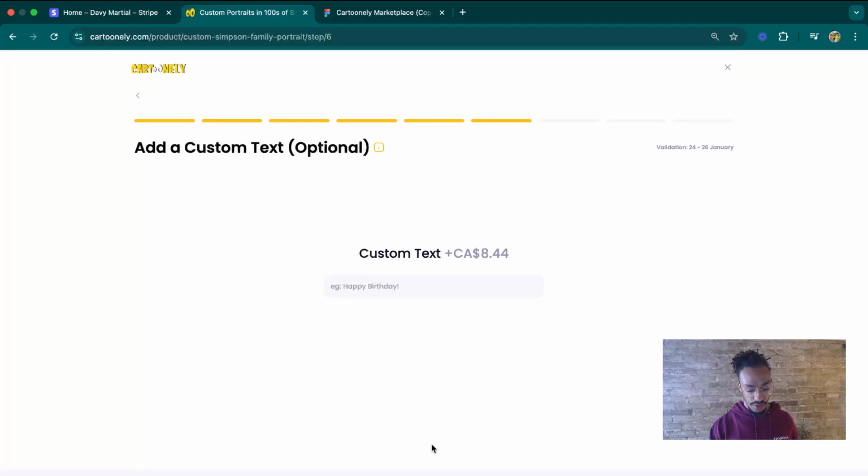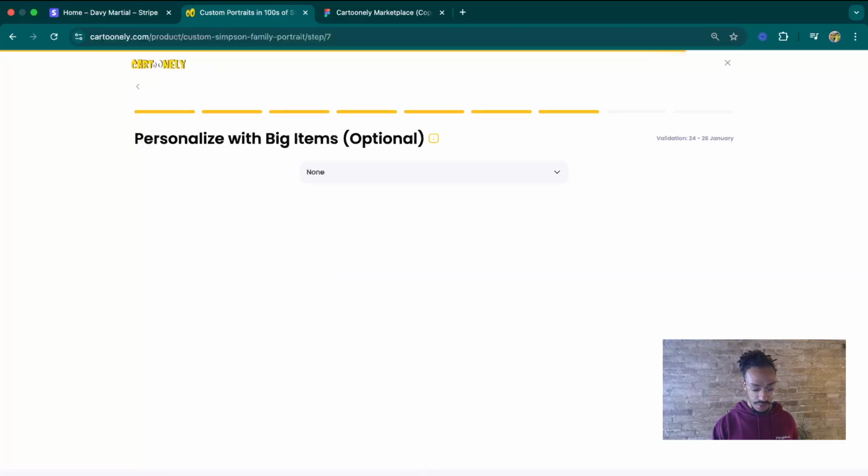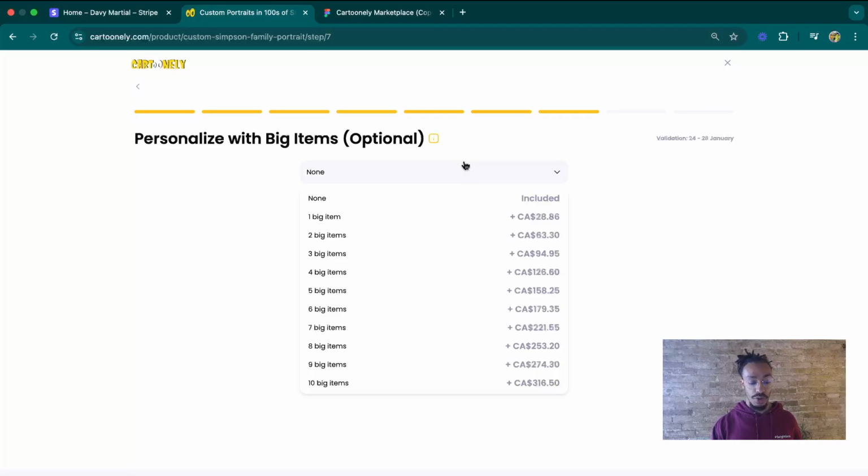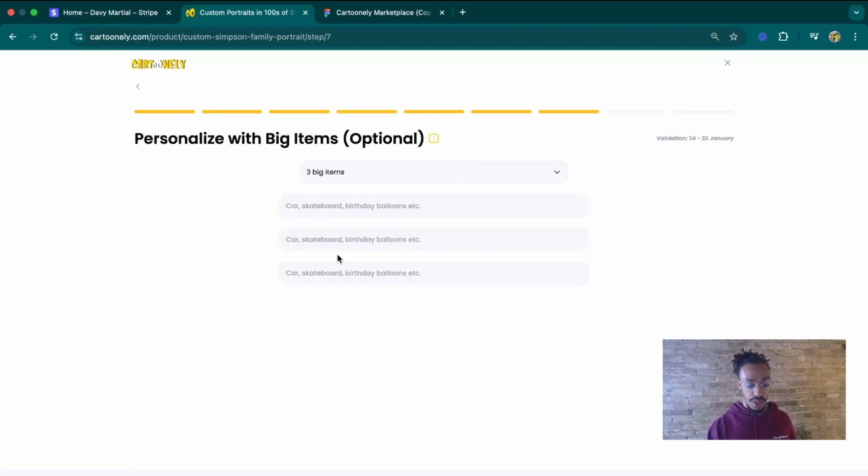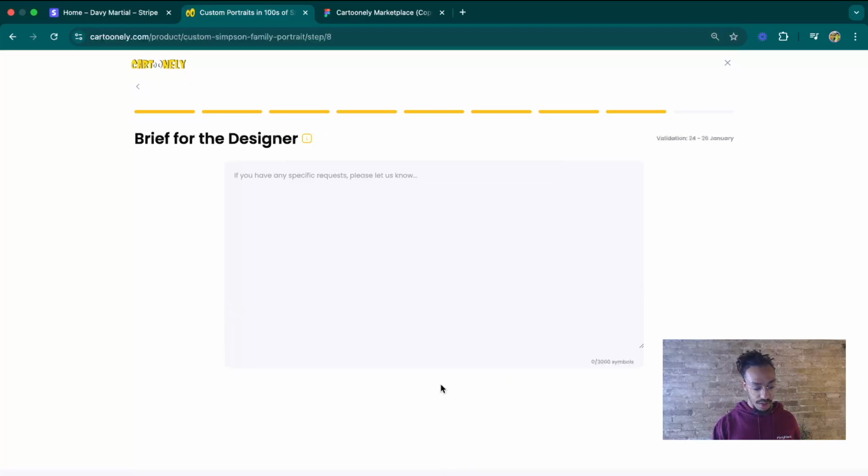So whatever you wanted to add, that was an option that you could add as well. Then if you wanted to add a big item like a car, a plane, or something in your drawing, which is extra work for the artist. And so let's say I'm going to say no, and then a particular brief if you have any recommendation. The idea was to be able to